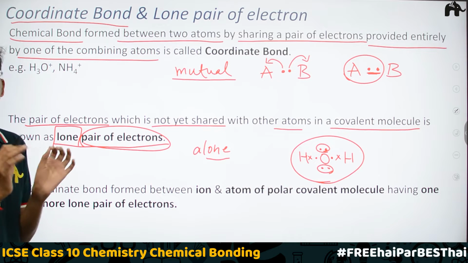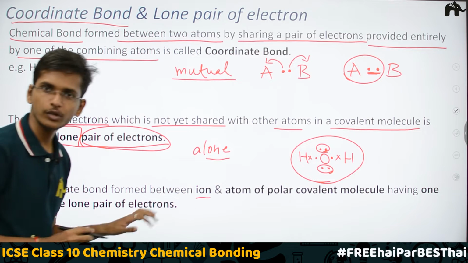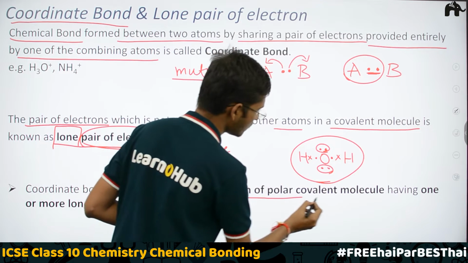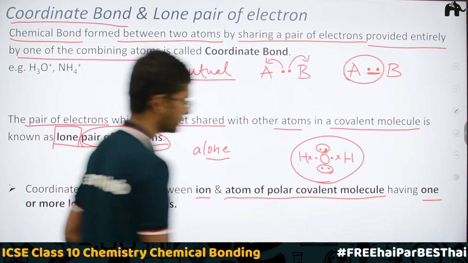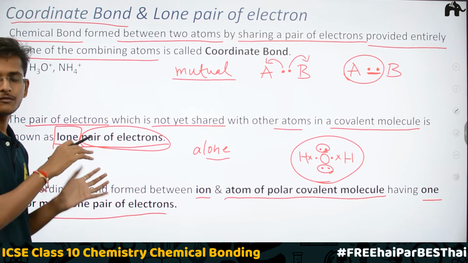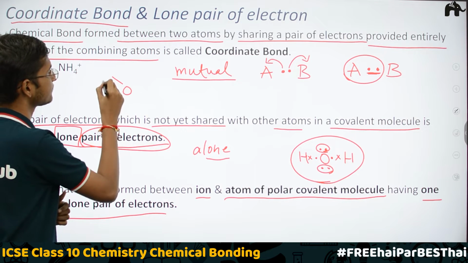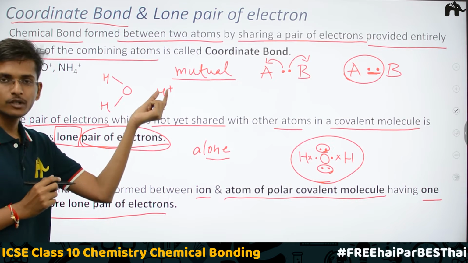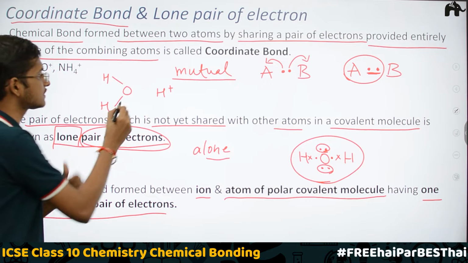Very simply, we are going to study the coordinate bond which is formed, in this chapter, between an ion and the atom of a polar covalent molecule having one or more lone pairs of electrons. Okay, now let's simplify it. So what we are going to study is the coordinate bond which is formed between an ion. So here in this case the H plus ion is the example. So the coordinate bond is formed between the H plus ion and the oxygen atom,